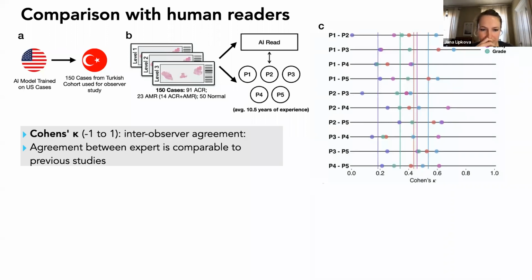So this is subplot C, and I didn't know how to visualize it, but I'll explain. Each line corresponds to the agreement between 2 pathologists. So for example, 1 is agreement between pathologist 1 versus pathologist 2. Each colorful dot corresponds to 1 specific task. For instance, in blue, we can see agreement between 2 pathologists for the rejection detection. And the column would be the mean agreement on the specific task.